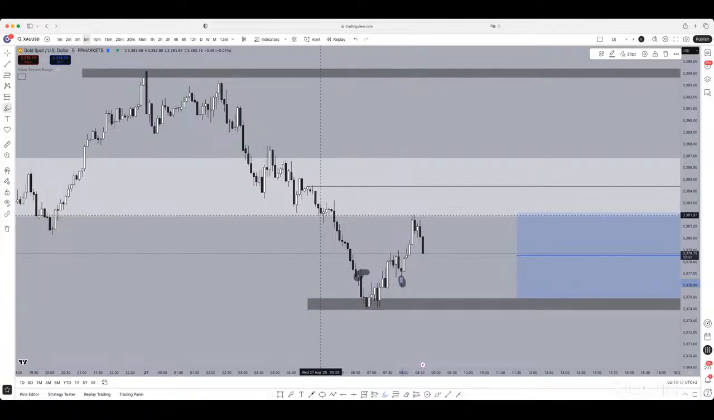When you see these bigger moves happening on a higher time frame, and we're coming closer to a session open like London, then to be able to identify this, there's so many different